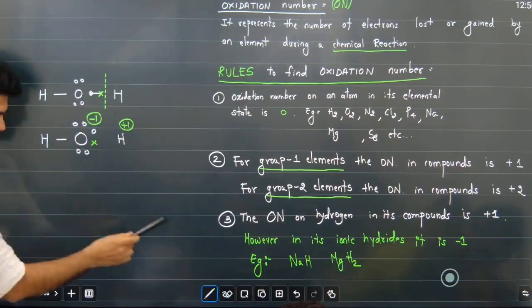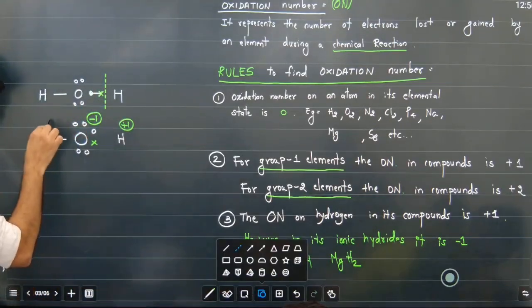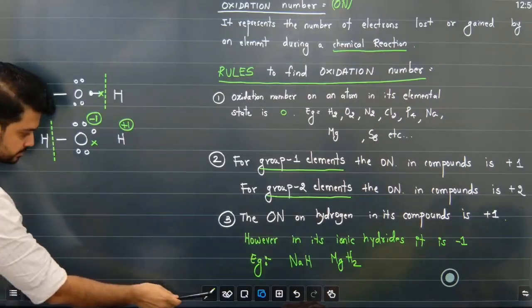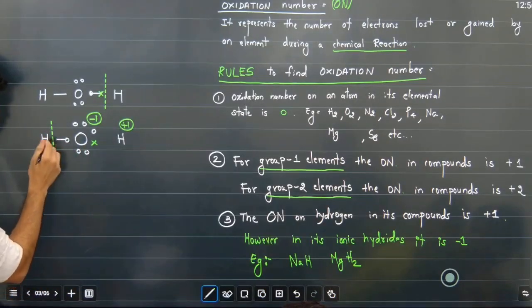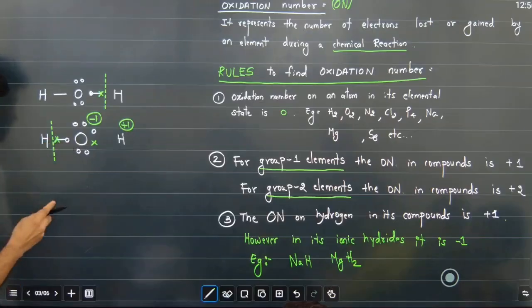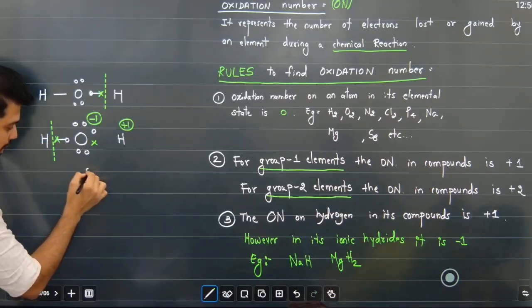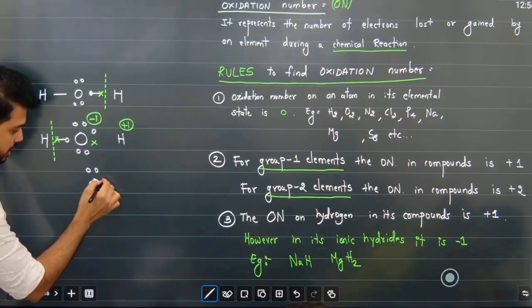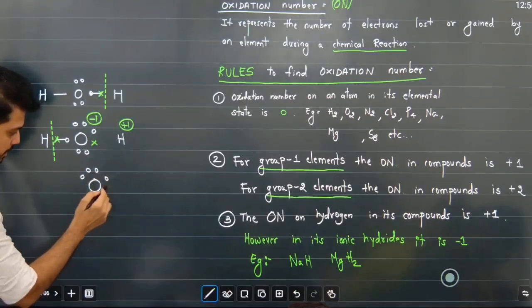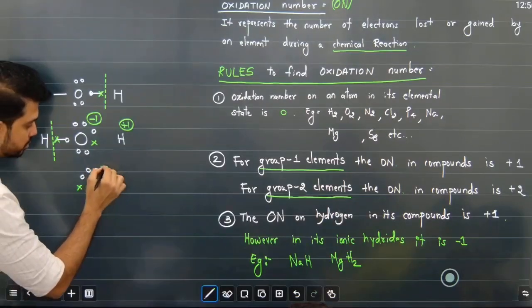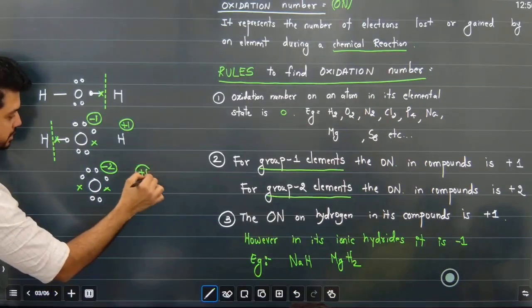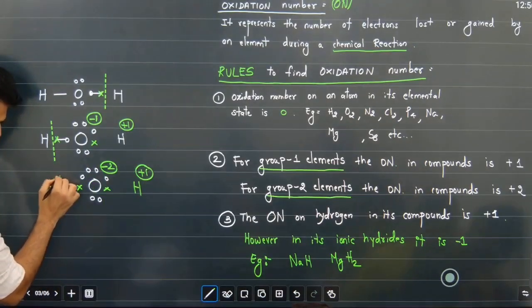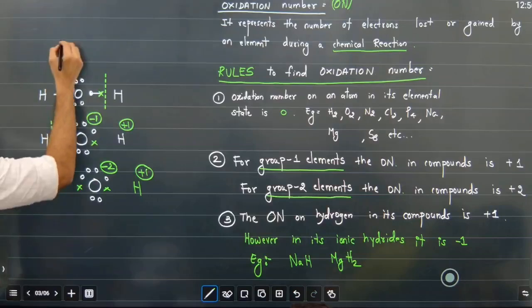Similarly, if I break the left bond, what is going to happen? The electron which belonged to hydrogen, who's going to take that electron? Oxygen. So now, students, what will the overall charge on oxygen be? -2. And each hydrogen now has a +1. In short, in H2O,